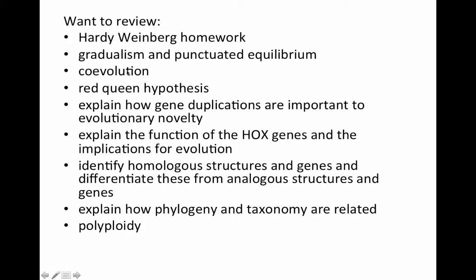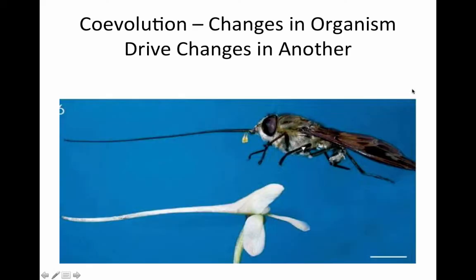Okay, so the next thing is coevolution, and I'm going to talk about the Red Queen at the same time because that has to do with coevolution. Coevolution is basically that changes in one organism drive changes in another. In class, I probably showed you the hawkmoth, which has the longest proboscis in the animal kingdom, and its proboscis fits this flower. So the longer the proboscis, the deeper the nectary, the longer the proboscis, and